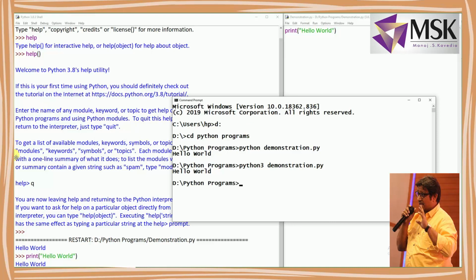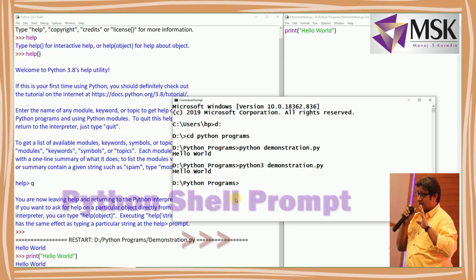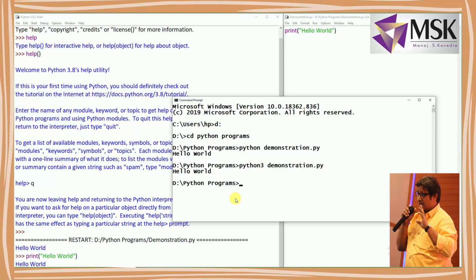Here in the shell I have written the direct statement print hello world. The second, I have written print hello world in the editor, saved that file, and then executed it. And the third one is going to command prompt, and this is the Windows command prompt, not Python's. Python's prompt has three greater-than symbols. So now all three ways are clear, I hope. I'll just write exit here so that my command prompt is closed.